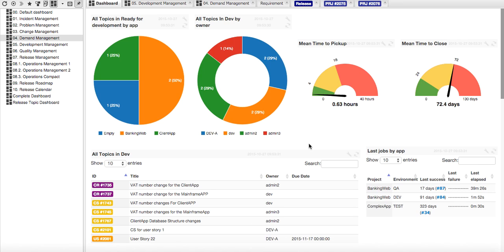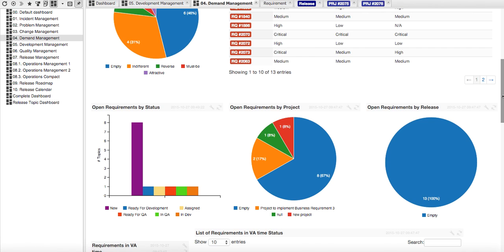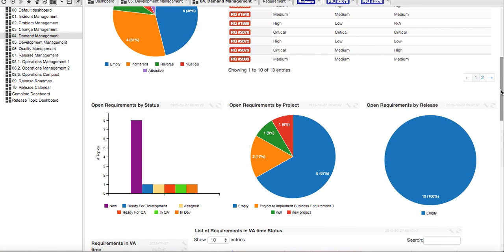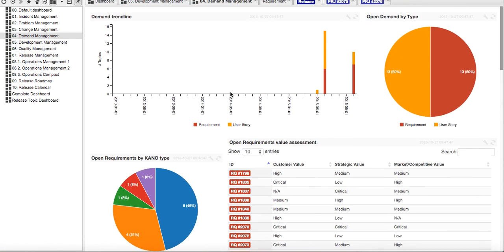And when you look at the data, you should be able to do it from at least two different angles. On the one hand, you should be able to look at it by discipline. So I should be able to look at it from, for example, a demand management perspective. So if I'm a demand manager, I should be able to look at the data and see things like my demand trend line. I would like to understand what is coming in and what type of discussion topics are coming into demand. So for example, user stories or requirements, depending on whether I'm working traditionally or I'm working with an